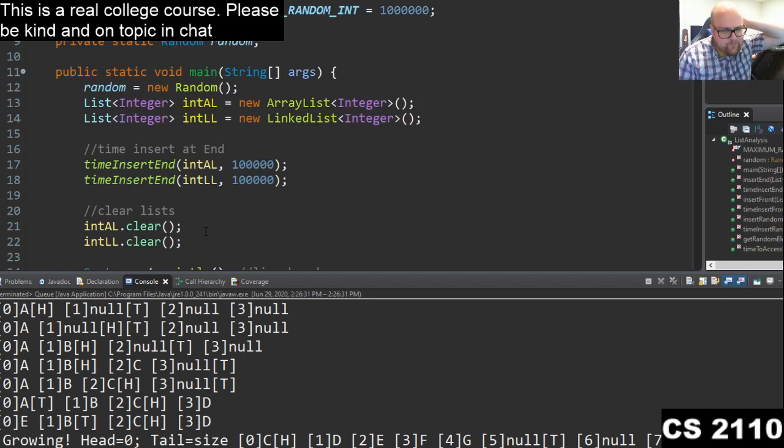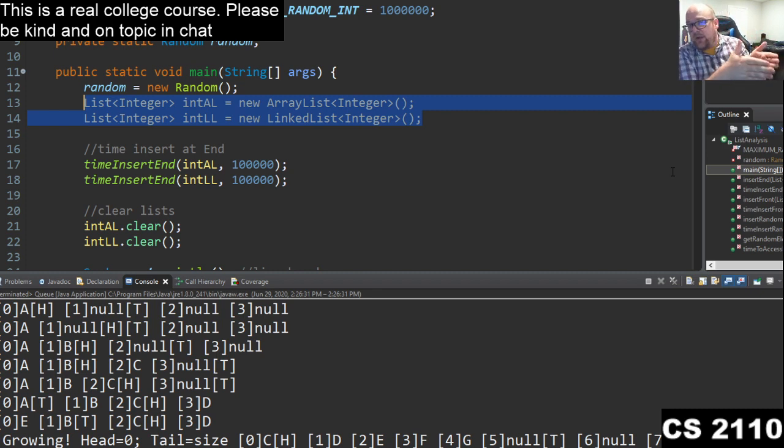What it does is I create two different lists. I create an array list and a linked list. Think of this like doing a time trial. How do you compare two cars? You go out to a track, both cars drive a lap, you time them. Whoever's lap time is shorter, that's the better car, right? That's exactly what I'm doing here, except instead of cars, I'm using lists, and instead of a racetrack, I'm testing several different